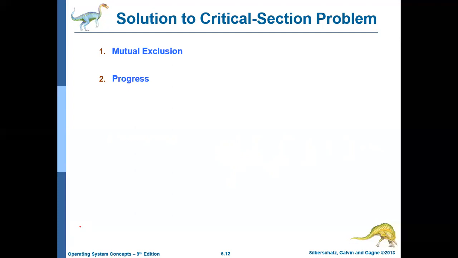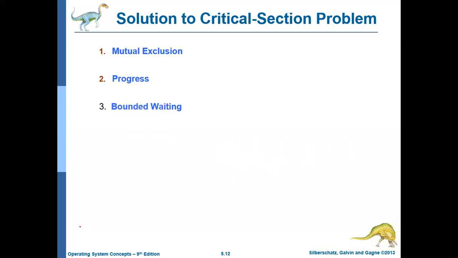Currently, if no process is in the critical section, and now one process wants to enter, then the decision whether the process should enter the critical section or not should not be postponed indefinitely. If it is postponed indefinitely, it will lead to a problem called starvation. So if some process is waiting for the critical section, then it should get access to the critical section in a reasonable amount of time. That is what is called progress.